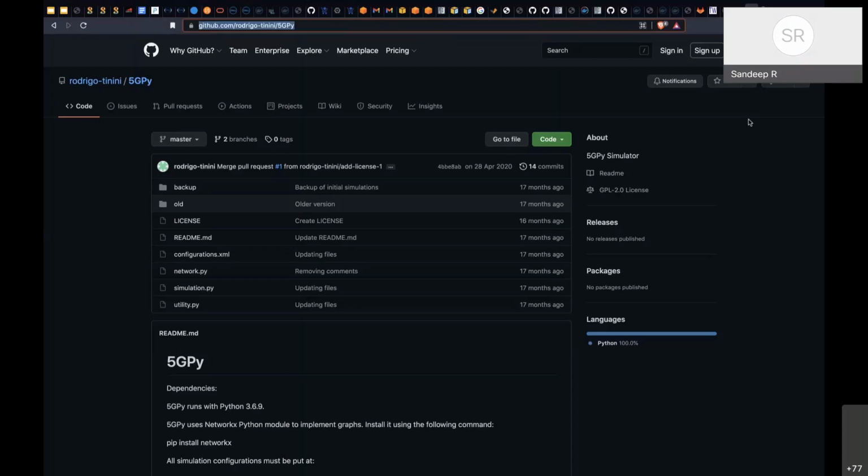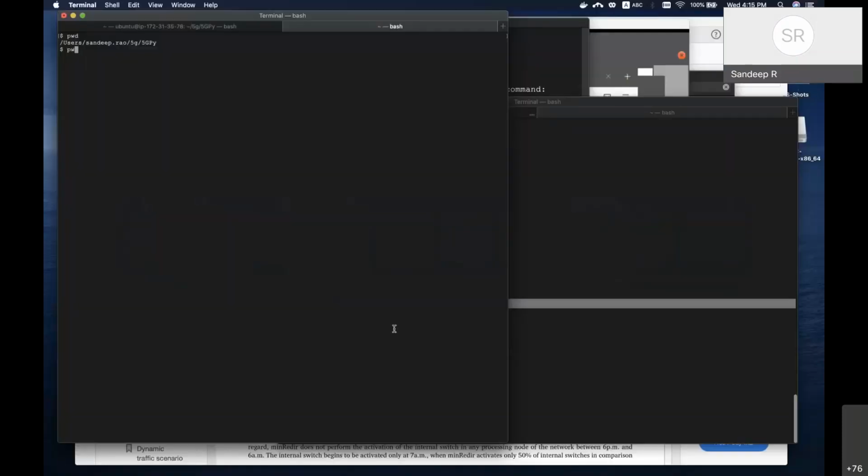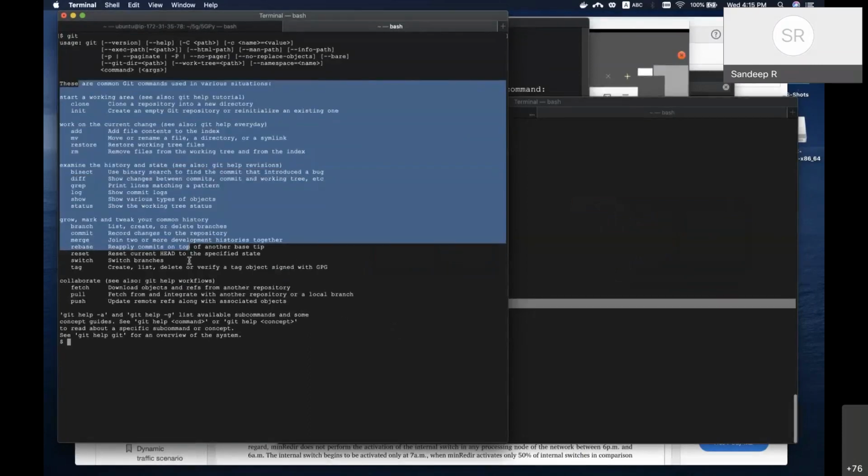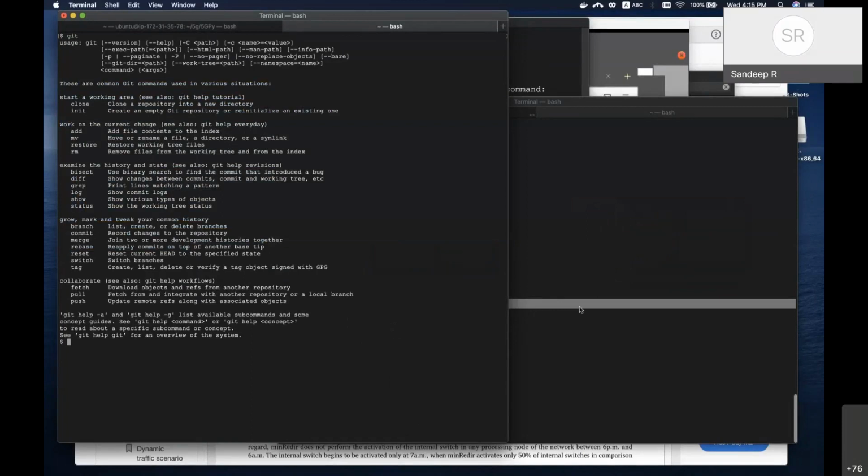Okay, folks, can you take this link and see? Does anybody have the git command on your laptop? Can you check if you have git? It should look something like this. Does anyone have git? Okay, Satish, that's good. It seems to be updated. Very good, so you have git.